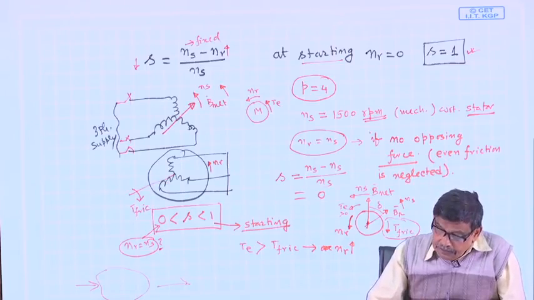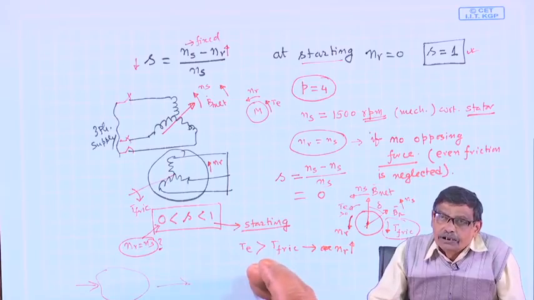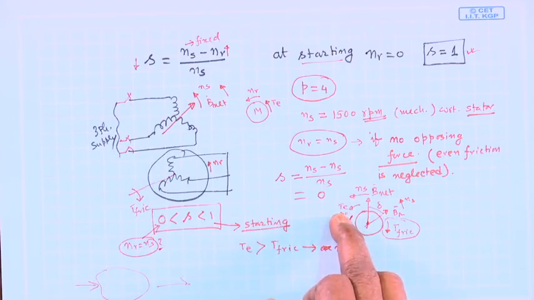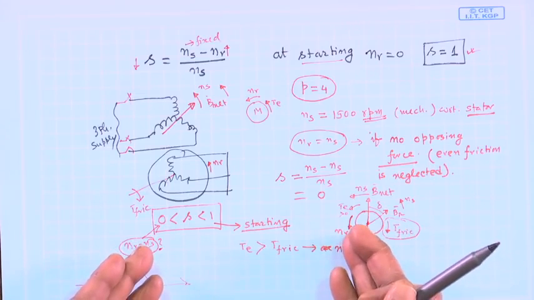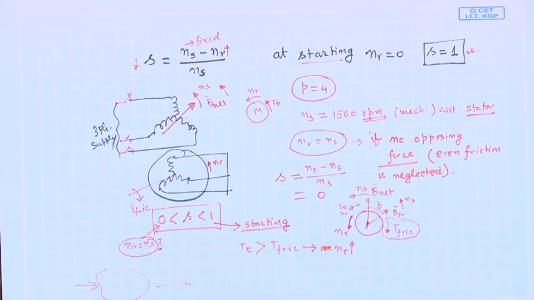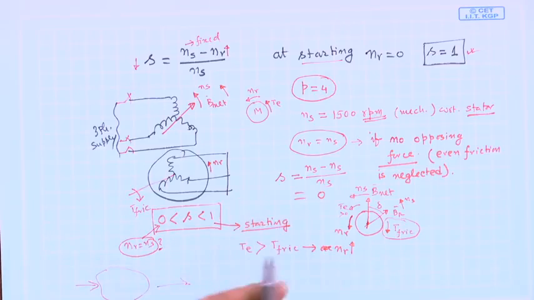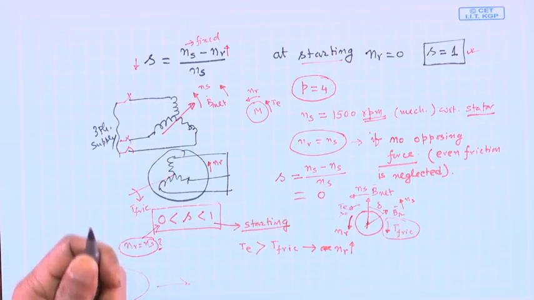increases, relative speed decreases, induced voltage in the rotor decreases, induced current in the rotor decreases, electromagnetic torque value itself should decrease, and finally, it will so happen that after reaching a certain speed, at a certain speed you will find T equal to T friction, and then the rotor will start moving at that speed